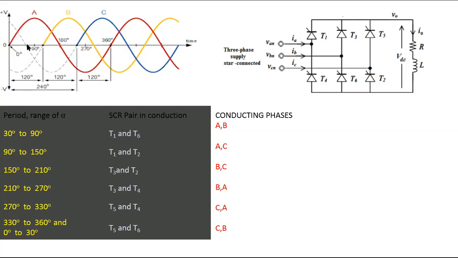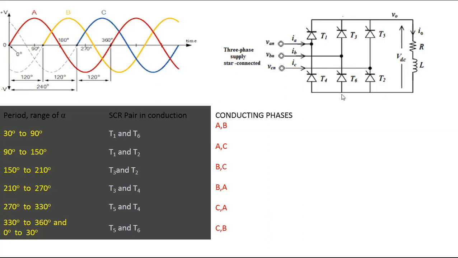What is the point you have to write in the examination? The waveform A occupies the maximum portion and it is made more positive when compared with B and C. Therefore, the direction of the current starts from the point A. And SCR T1 is connected to A and is applied with the firing pulse. T1 starts conducting, current flows from A to T1, and from T1 to the next one, which is nothing but the load. And from the load, where will it flow?